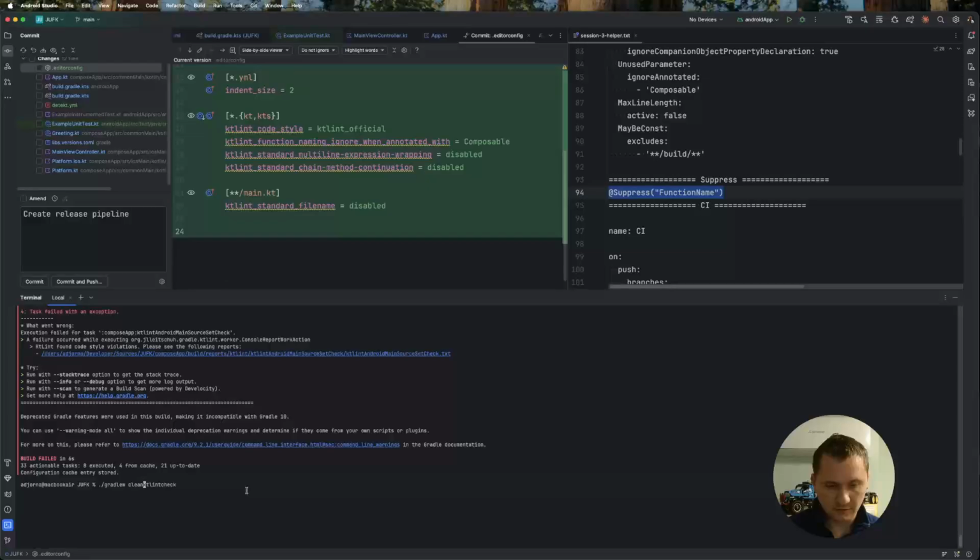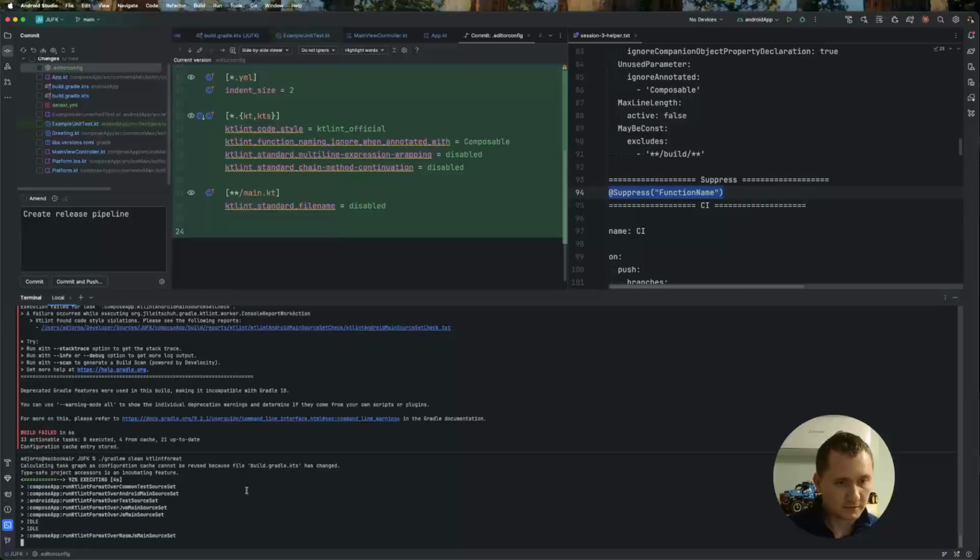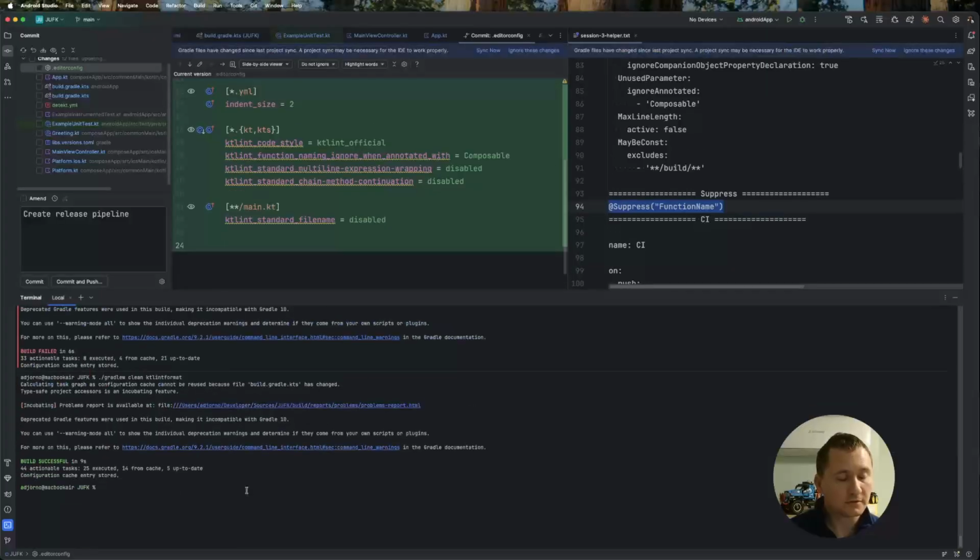Usually the format should fix all of the issues. Because the file was, and